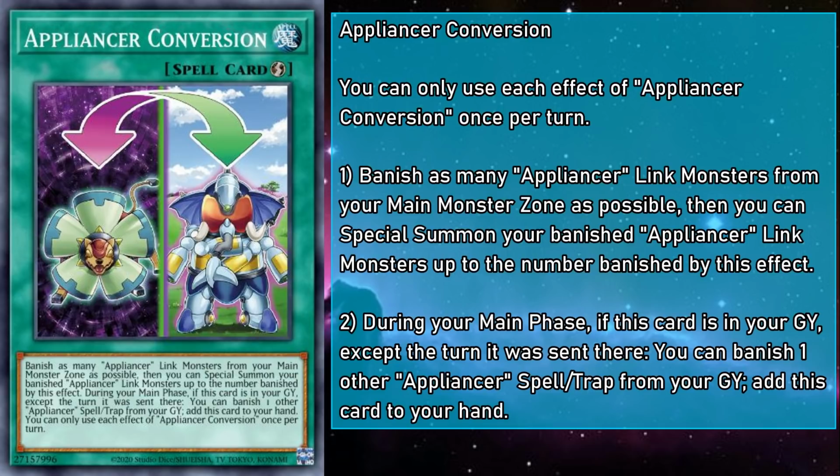what's the point of this card? Appliancer links don't really banish themselves to do anything. Are we really going to play this to hedge our bets against Dark Core? No, the real usage for this is to rearrange our monster lineup so you can choose which Appliancers are co-linked